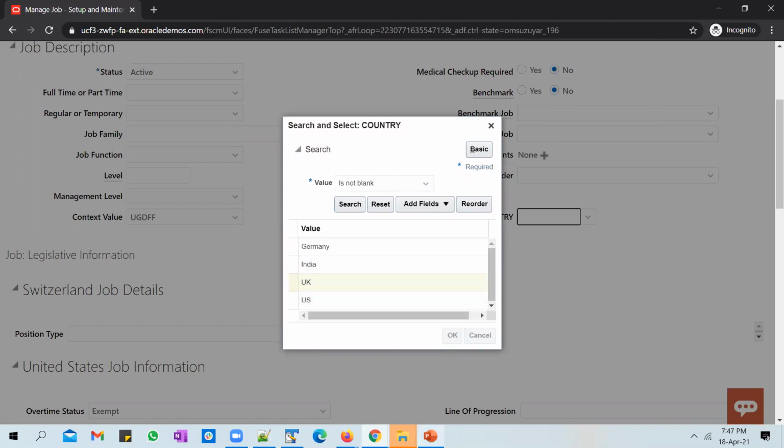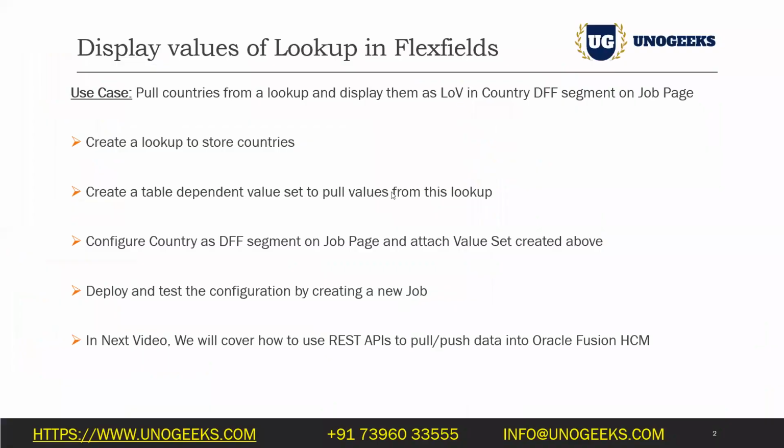Okay, so this is how you could pull the values from a lookup and display it in a flex field segment. We usually attach value sets to flex fields, but should you encounter a use case for a client wherein you have to pull the values from a lookup instead and show it in a flex field, now you have the answer, right?